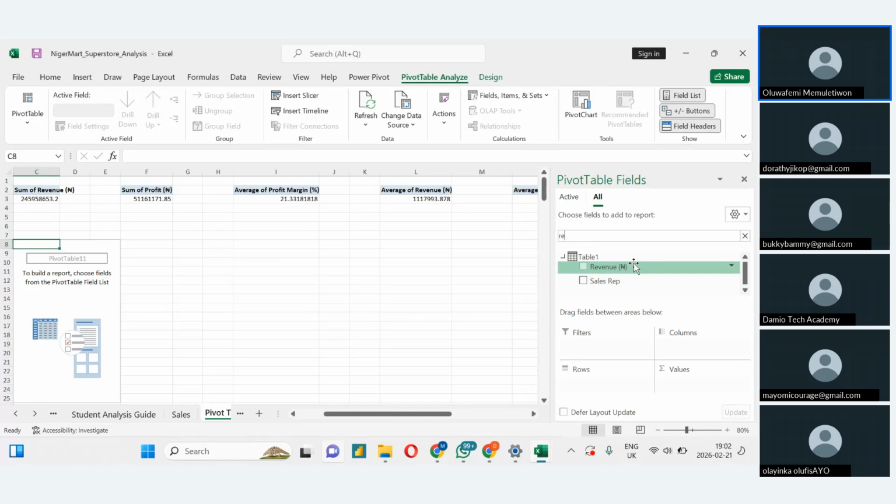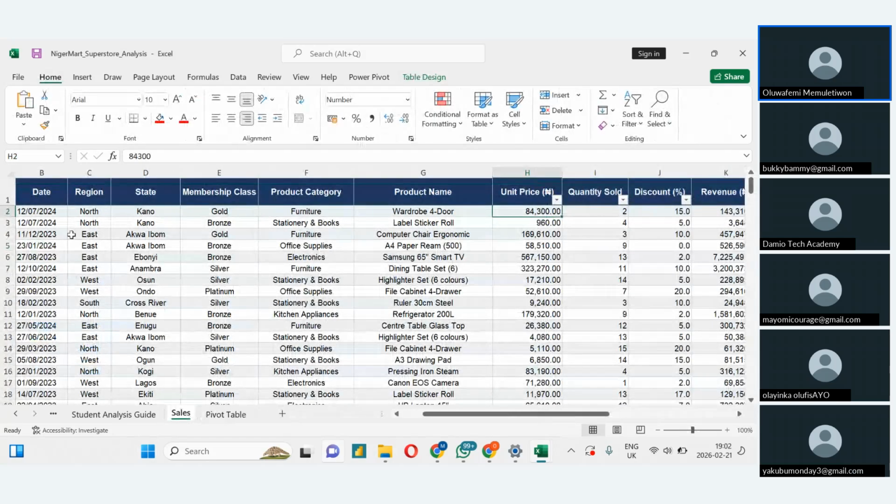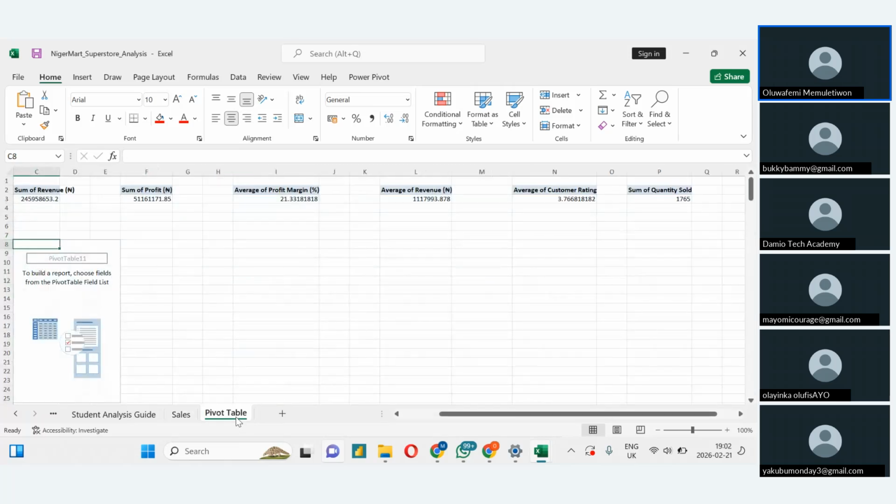There's something wrong. So I'm trying to understand what exactly is wrong, because one of our pivot tables is not showing. Can we see that in the sales listing we have region? We have region northeast. But on the pivot table,